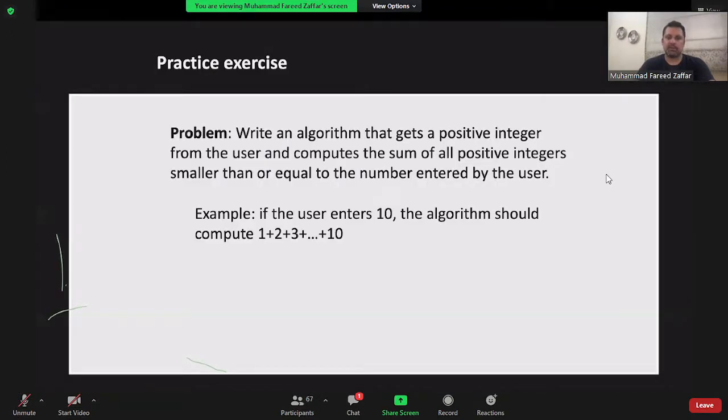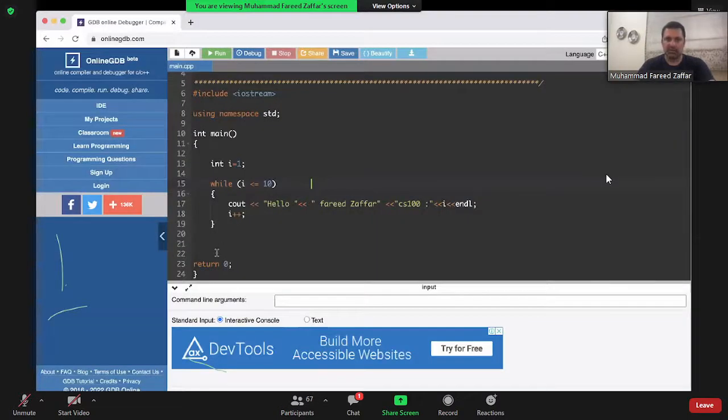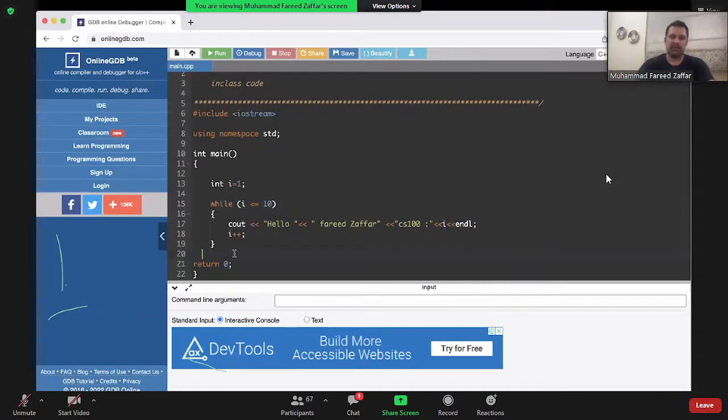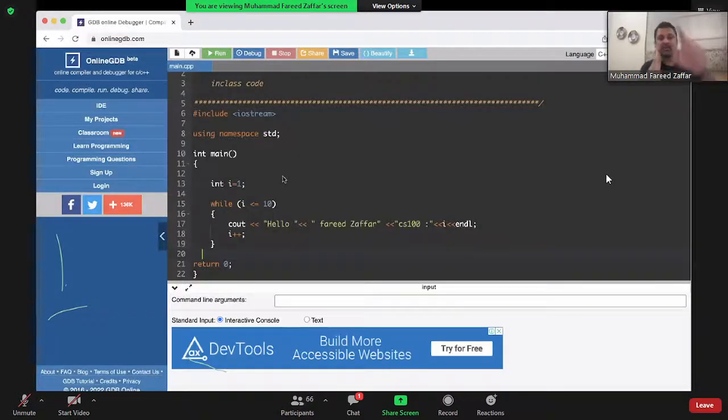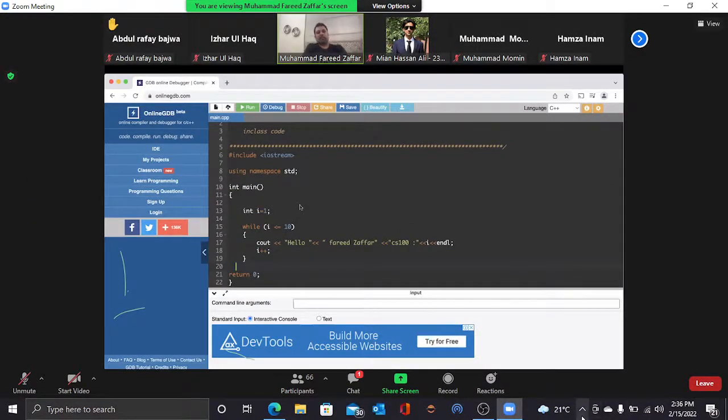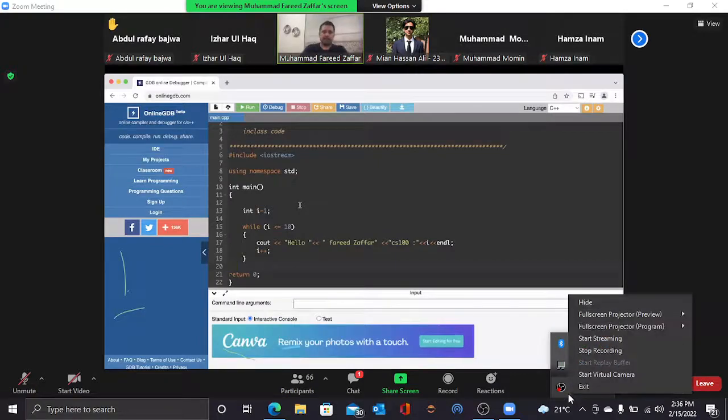This is the question. If there are any confusions here, you can ask. Otherwise, I'm going to leave this on the screen and I want you to write the program that adds all positive numbers less than a number input by the user. You will take a number n from the user, or whatever you call it, and add all the numbers less than n. If there is any confusion, ask, otherwise go to online GDB and start writing this code. If there are any questions